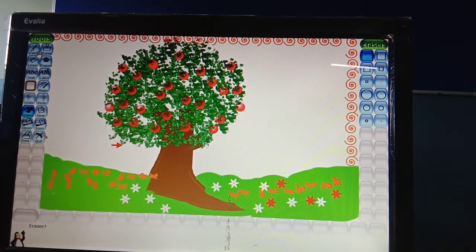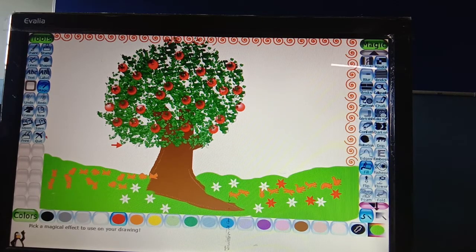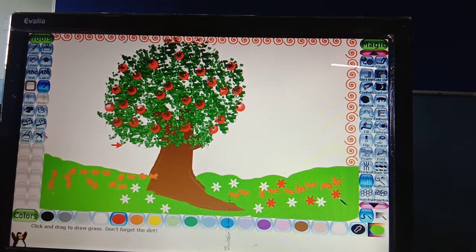We also have one of the tools in magic, that is your grass tool. Let's draw that. The grass tool is available here. I hope it is here only. Let me show you. This is your grass tool. So this is how we can have the grass tool of this color.